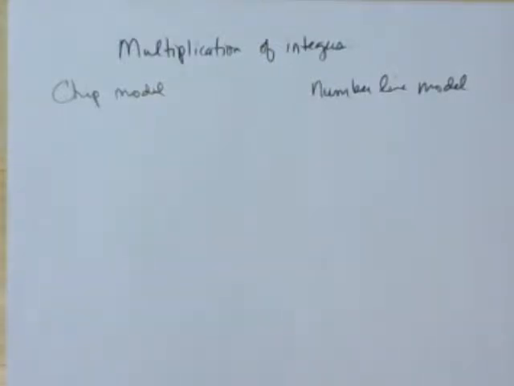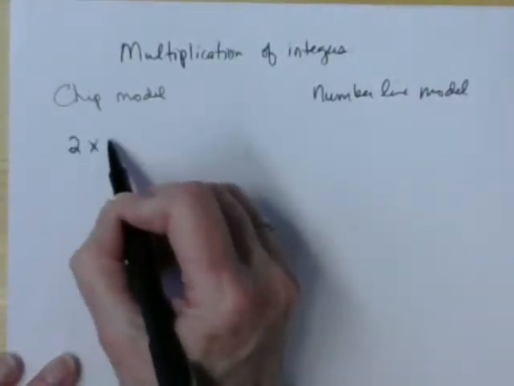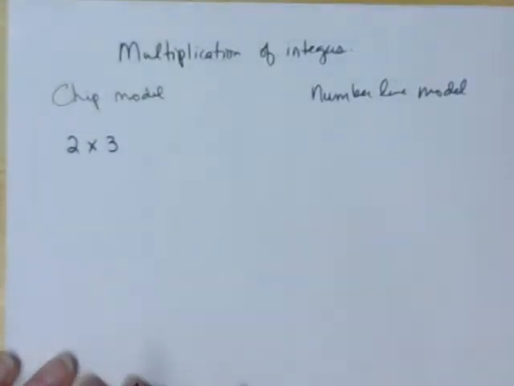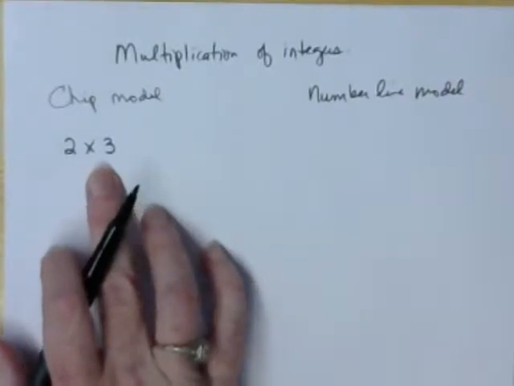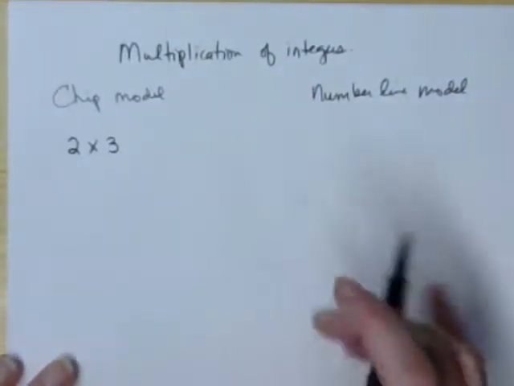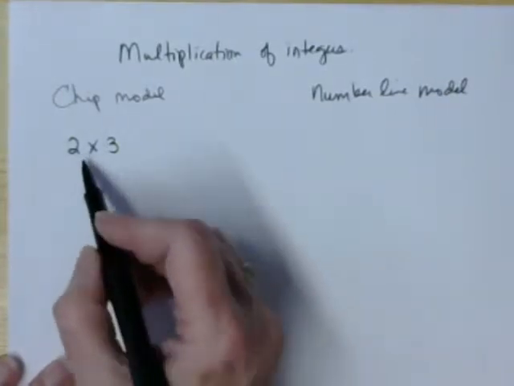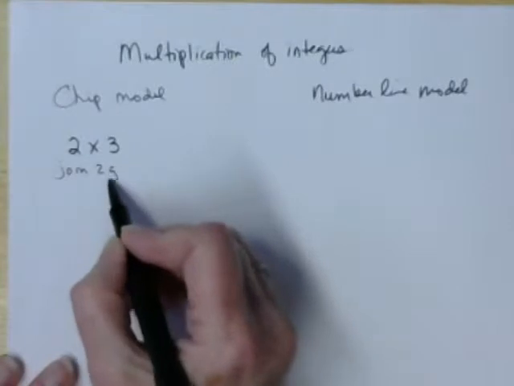All right, this video is going to cover the chip model versus the number line model for multiplication of integers. So let's start again with something that everybody should know how to do, 2 times 3. Now, when you're doing the chip model, these two numbers actually have two different functions in terms of how to interpret what the problem is telling you to do. So this is actually telling us to join two groups